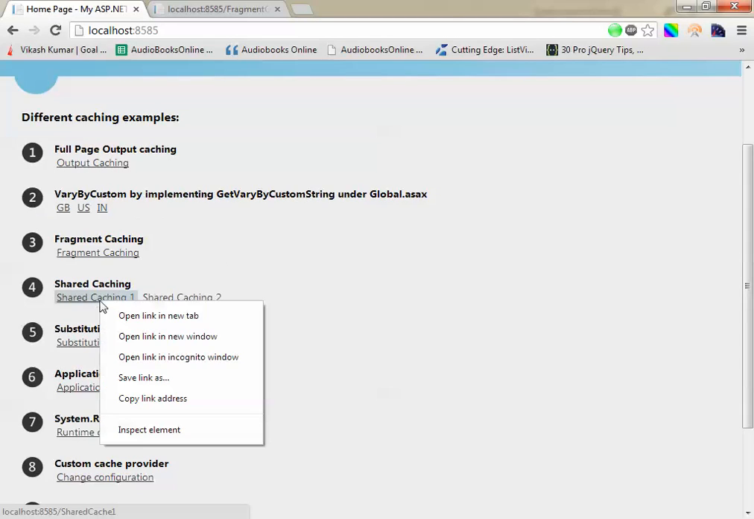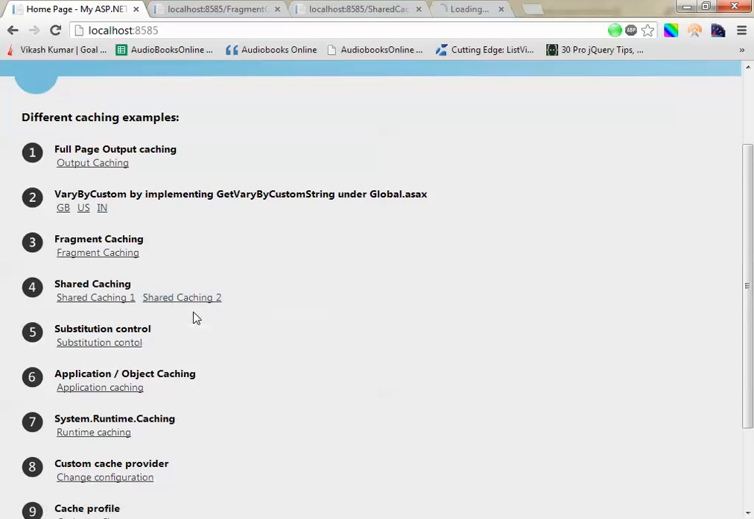So this is the page that I have created. Shared cache 1 and this one. If we see the values of cache time, this time it got expired, I think. So these two will remain the same. Okay. So what I have done is